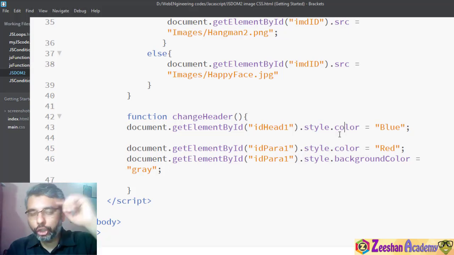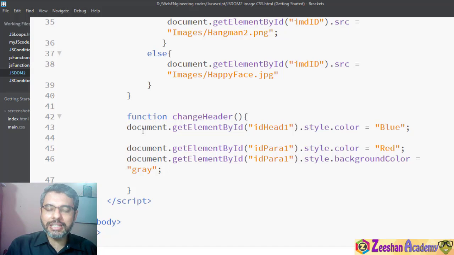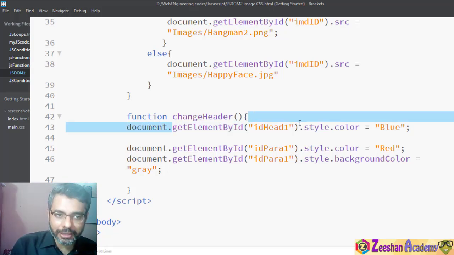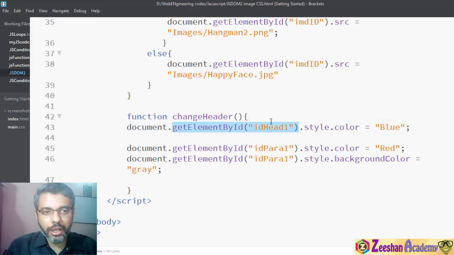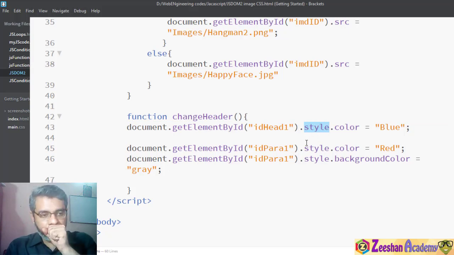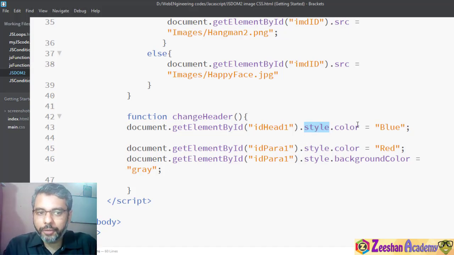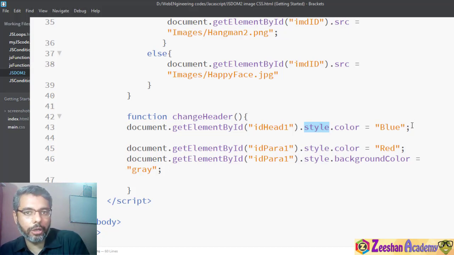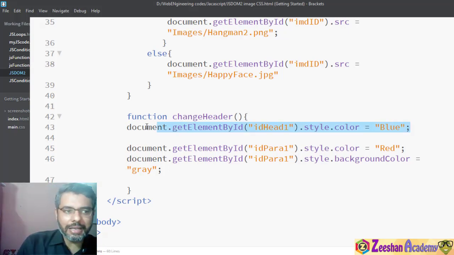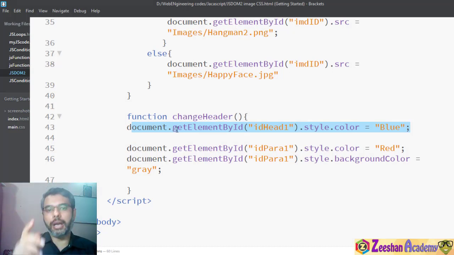Color is based on the DOM, based on the simple hierarchical structure of that document. Inside each document there is a method. Based on this method, we access the properties. Each method may return an object, and then again that object has a method. So that object's method may return another object which may have another method, and then we set a value. Okay, which basically is what we have done here. In simple terms to understand, just follow the hierarchy.